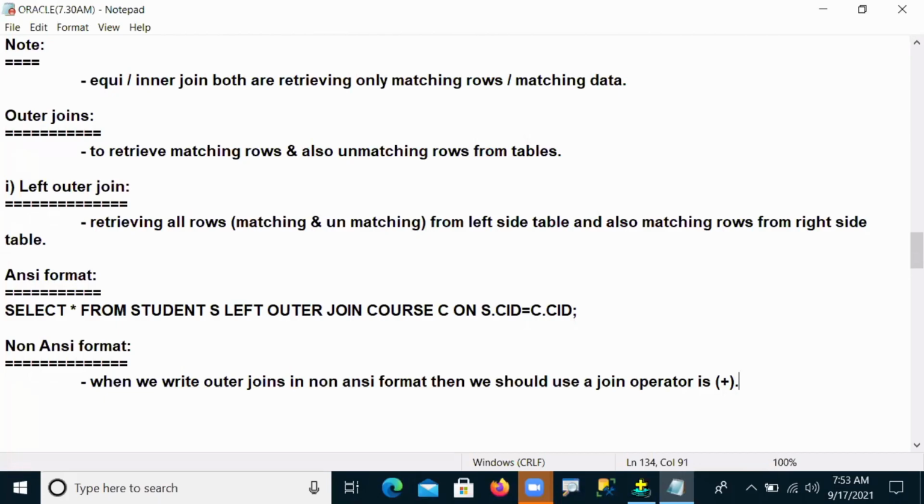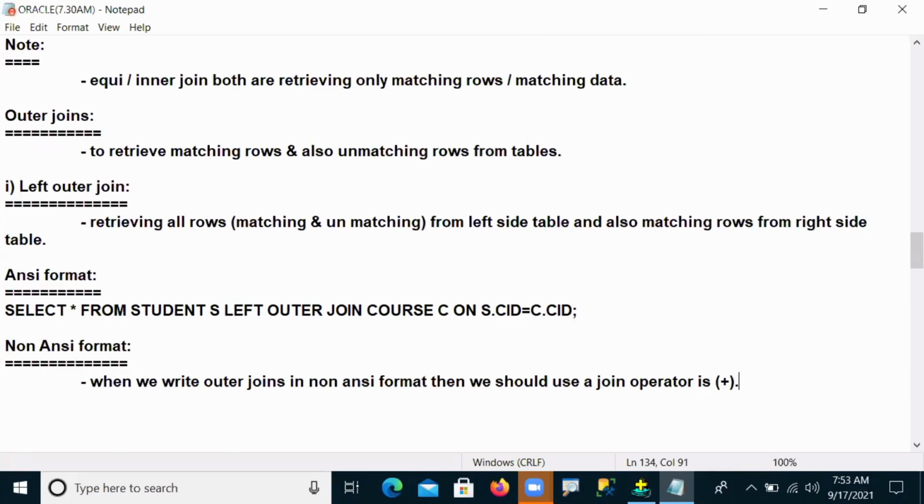This operator we compulsorily should use in our query when we want to write outer joins in non-ANSI format. So outer join statements, whenever you want to write them in non-ANSI, compulsorily we should use a join operator.